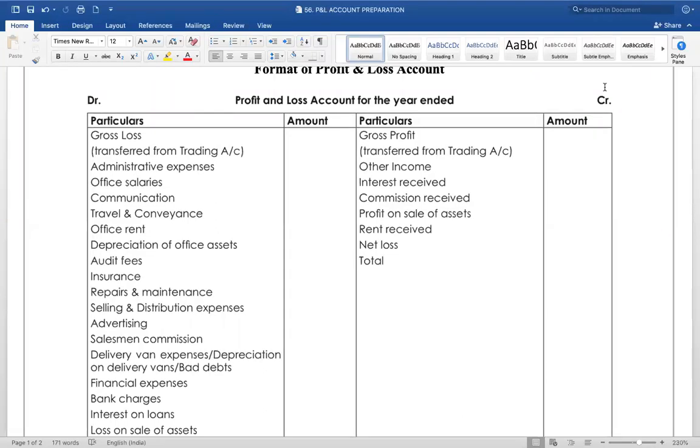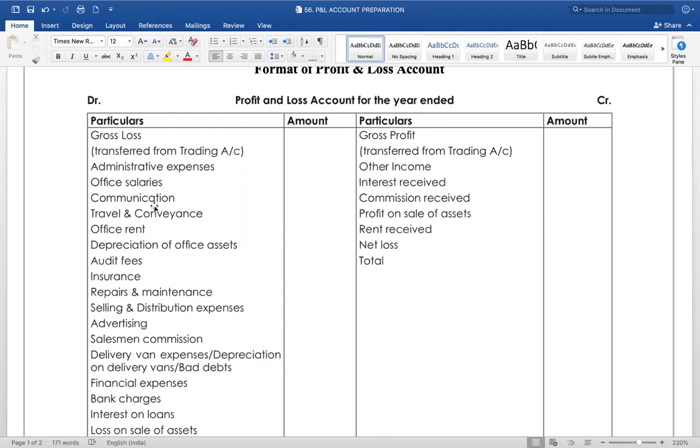Now, what do you take on the debit side? You take all expenses. And what do you take on the credit side? You take all incomes. Now, when you take expenses, all these expenses are not related to the workshop or shop floor or factory. All these expenses are incurred within the